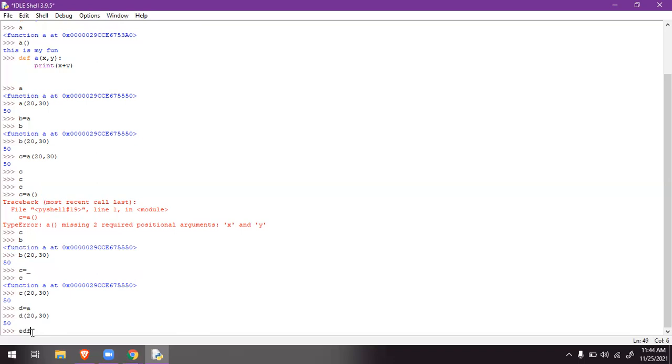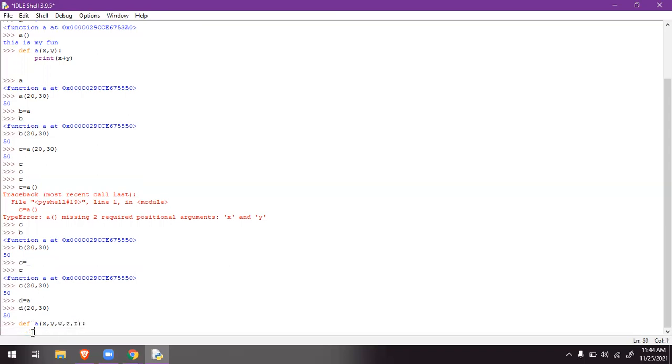You can write multiplication, division, and take any type of variables as per your interest: x comma y comma w comma z comma t. No one will ask, but you have to mention what you have to get.